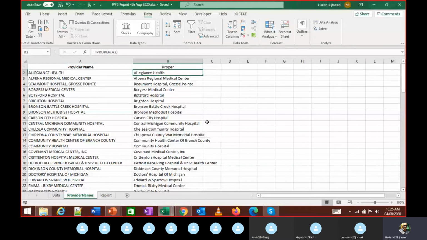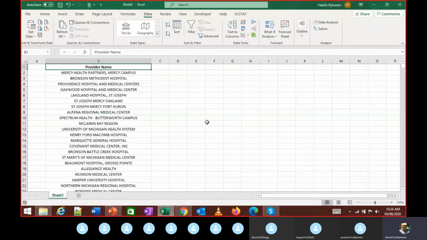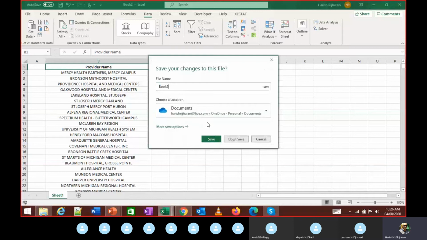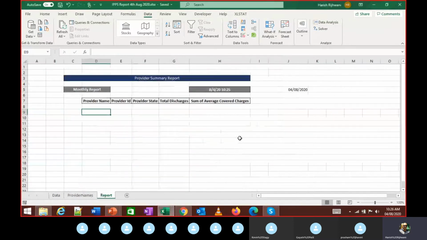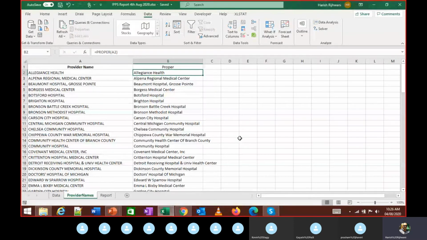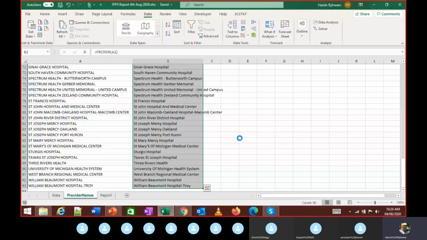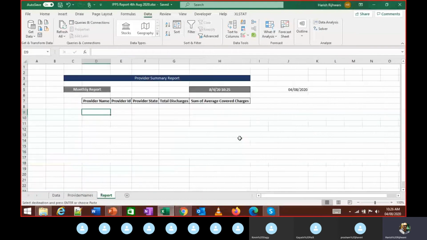The next step, I need to copy this data into my report. I need to copy this data over here in this cell. So when I do this, let's just say I copy this value. I do Control C and I paste it over here. Do you get any data? Just try that.